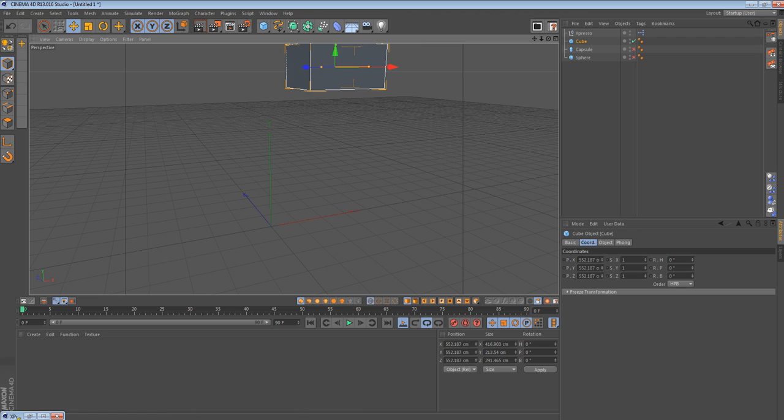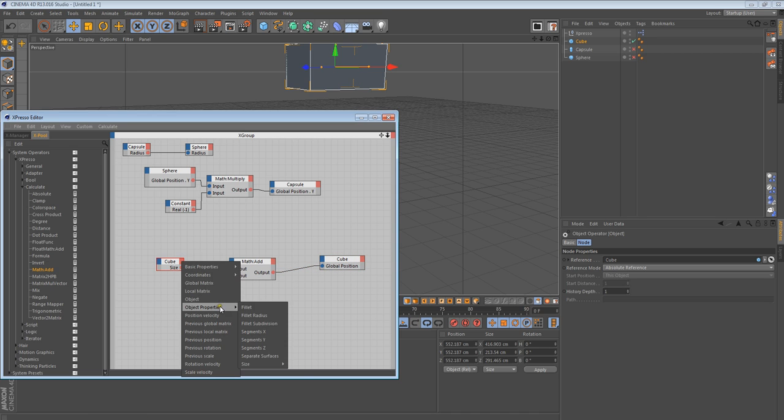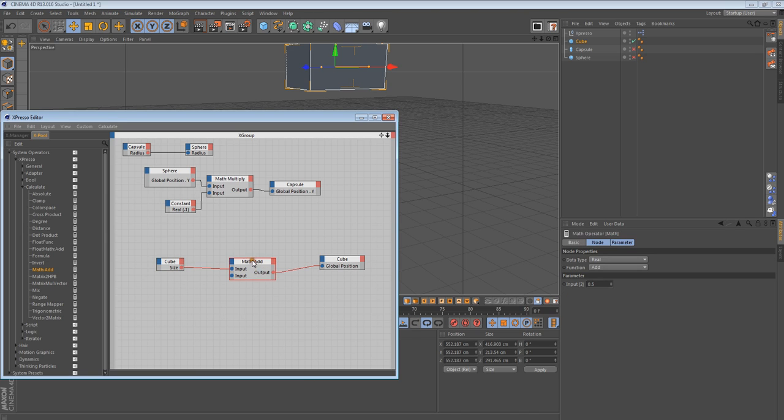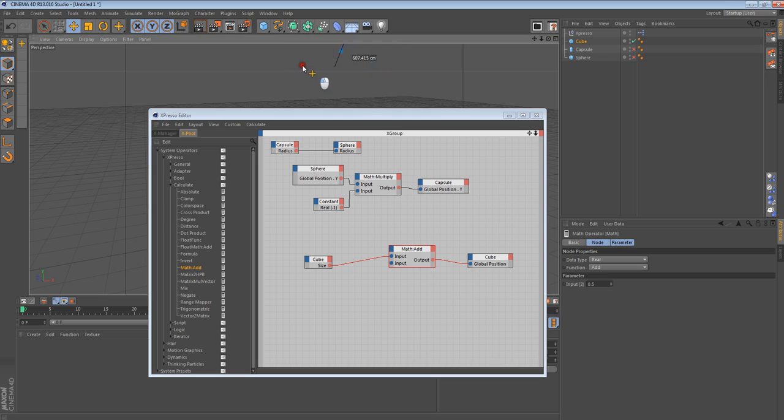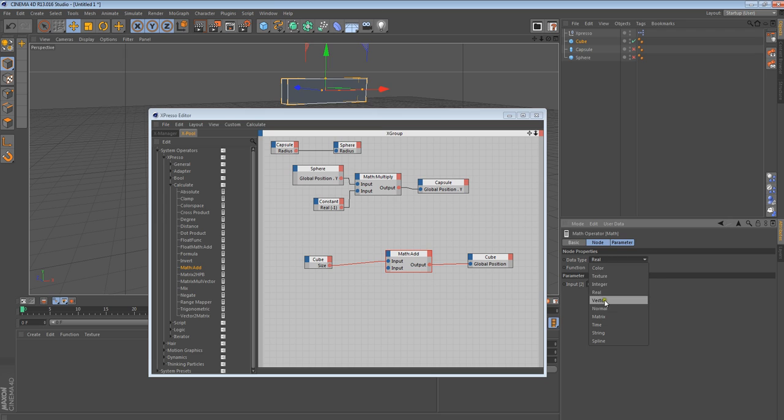This is because, as I said before, we have size, and we chose the size which has all three values inside one. And currently our math add is using a real, so that math is kind of not making sense to Cinema. It's struggling to do that math, and it's gone and done some really weird things. So we kind of need to change a few things here if we want to get the result we want, and that'll be to change the mode of this. So if we go to data type, we can go down to vector,